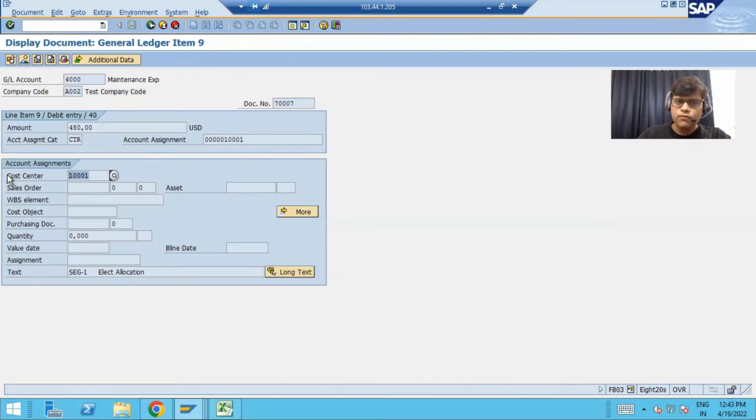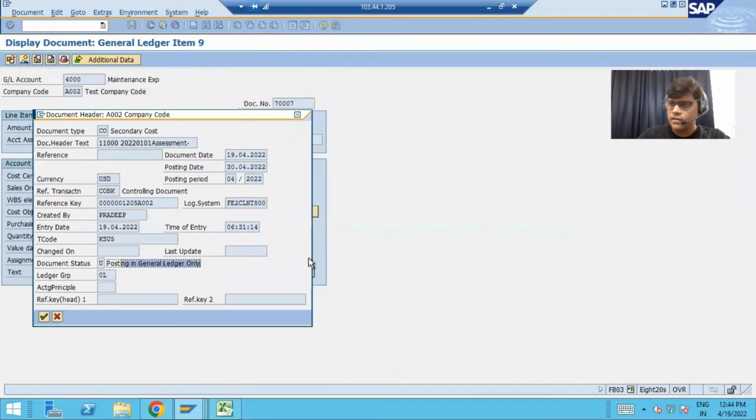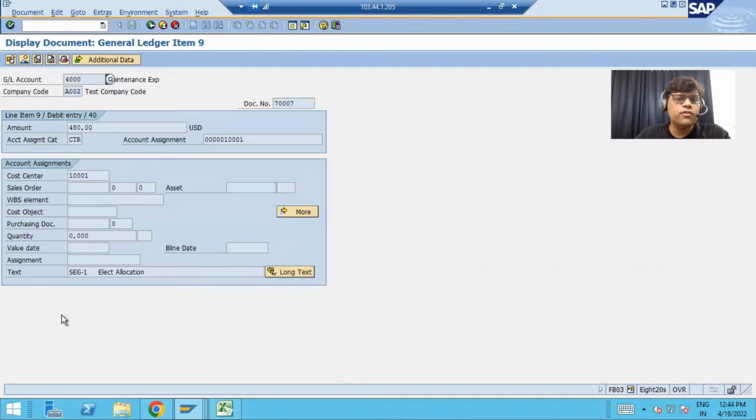10001. So that means what we did in controlling, automatically I got this document, and no user posted this document. This document is a derived document because of my month end allocations, which I did in my controlling. You can verify that also. First of all, it is ledger specific posting. So it is posting in the general ledger entry, no entry view. If you check this document, you will not find it in your BSEG. It is only there in your